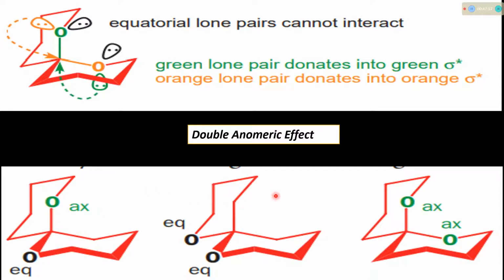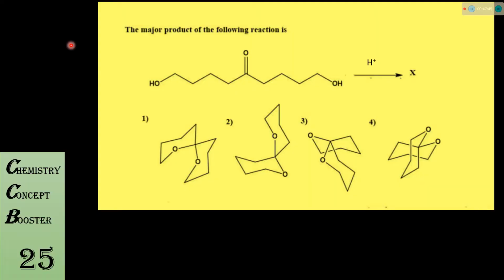Now the most stable conformer among these three is this one. So due to the double anomeric effect, this becomes more stable. The green lone pair donates electrons to this sigma star CO bond. This lone pair, anti to the orange CO sigma star, donates electrons to this sigma star CO bond. That's why, due to the double anomeric effect, this structure becomes more stable. So if we see the options, among the four options,